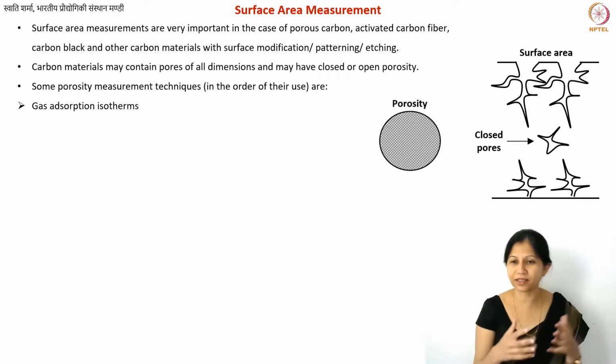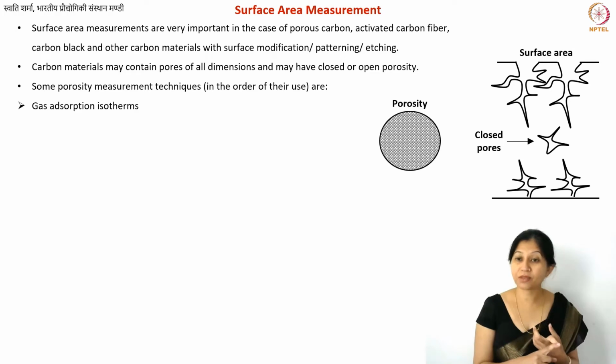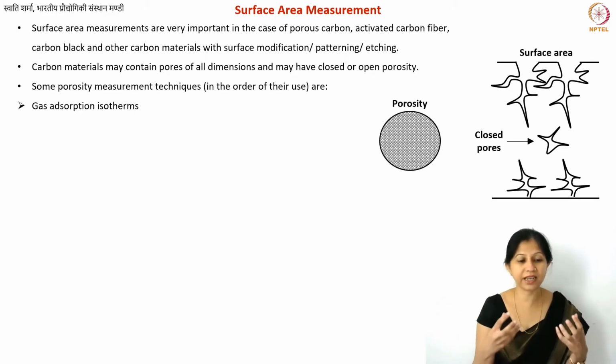So this is the relative pressure that you are measuring. Okay, why do we choose inert gases? Because we want to make sure that the adsorption is just physical and not chemical. The gas itself should not react, because if there is any attractive force, porous carbons or any other materials, not just carbons, will also have some surface properties, and you do not want your gas itself to start reacting with the surface properties.